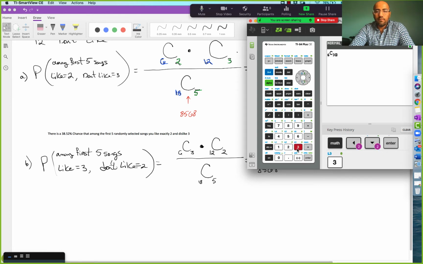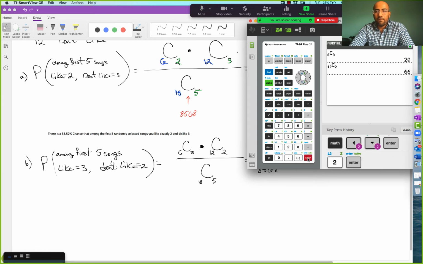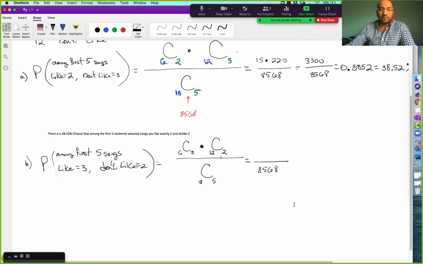Choose 3. Enter. Get 20. And then 12 math combinations, choose 2. You get 66. And then we got to multiply those 2 things. So 20 times 66, we're going to get 1320. Good. So we'll end up with 20 times 66,